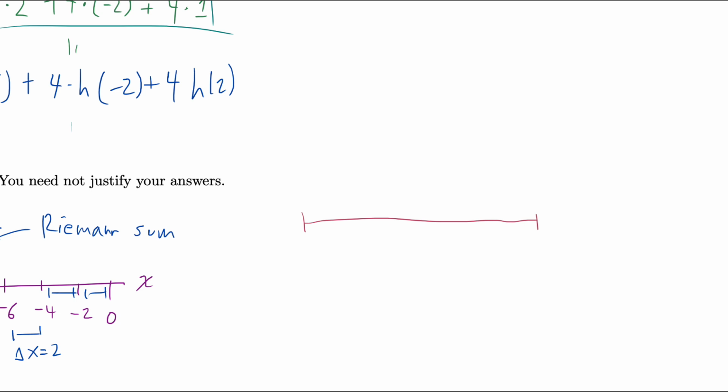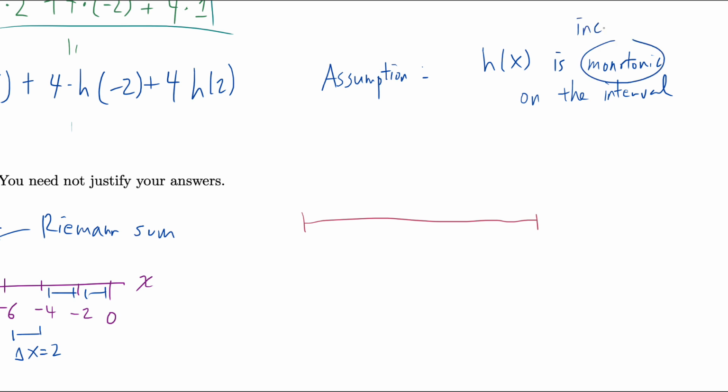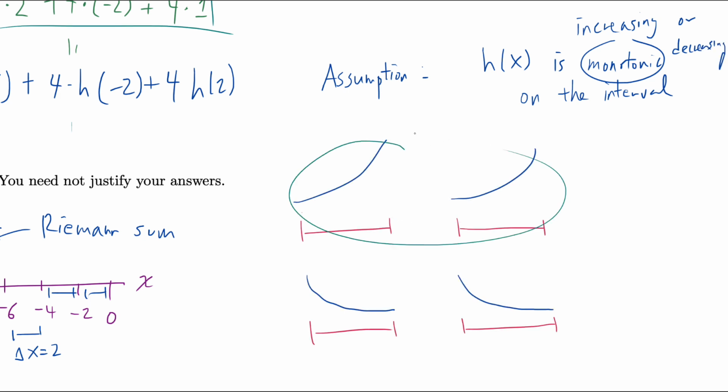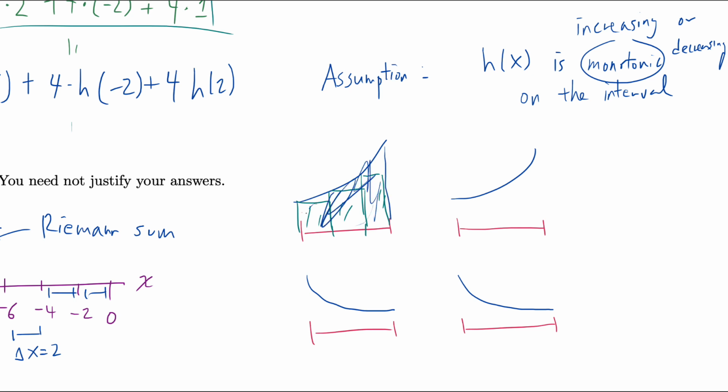So here the key assumption that we need to make for this argument to go through is that h of x is monotonic on the interval. By monotonic, I mean it's either always increasing or always decreasing. So let's first consider the case where h of x is increasing. If we do the left Riemann sum, so if I split up this interval into many parts and look at the left-hand point to get the height, and we sum up the areas of these,